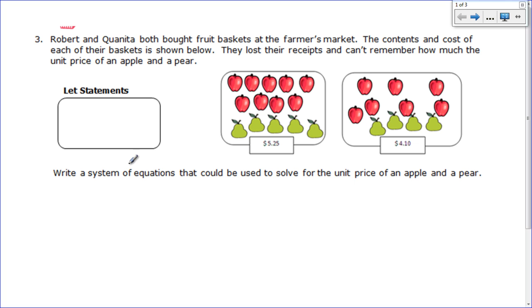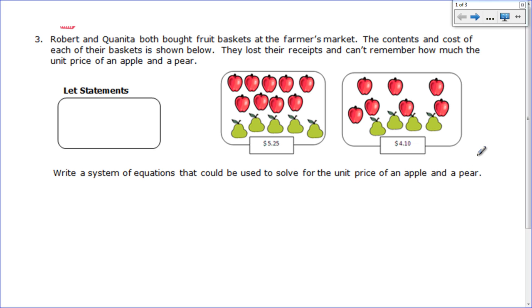So start with number 3 here. Robert and Quinita both bought fruit baskets at the farmer's market. The contents and cost of each of their baskets is shown below. They lost their receipts and can't remember the unit price of an apple and pear. They don't know how much one apple and one pear are, but they do have their baskets. We need to write a system of equations that can be used to solve for the unit price of one